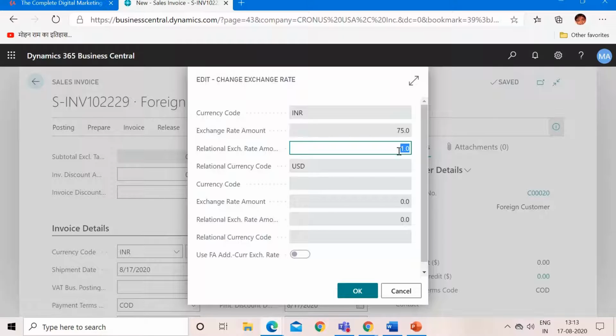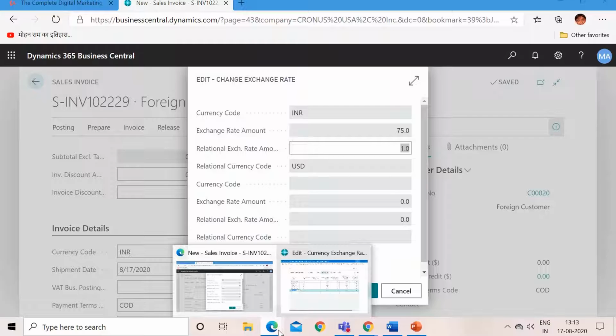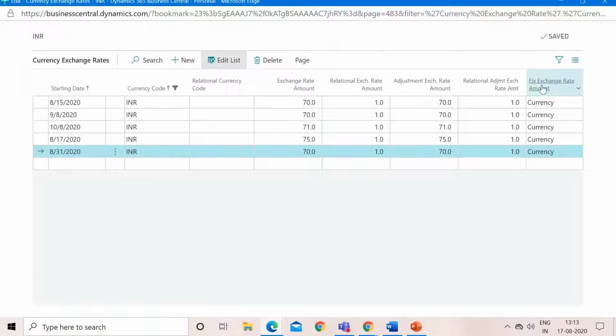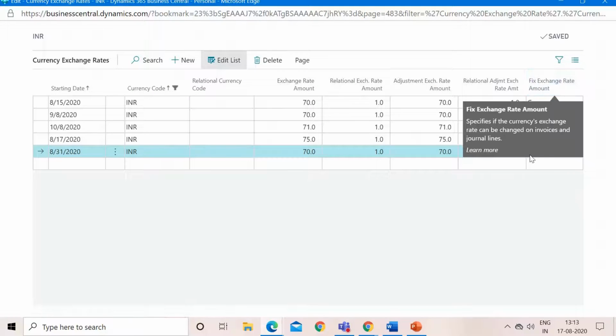One more thing: as you can see here, the exchange rate amount field is uneditable, and the relational exchange rate amount field is editable. So how does the system set these editing properties? As I mentioned in my part 1, in the exchange rate master there is a field called fixed exchange rate amount.